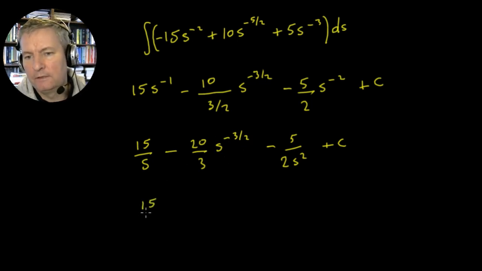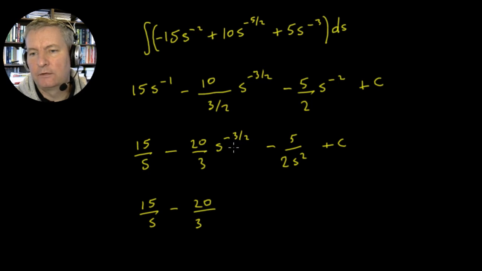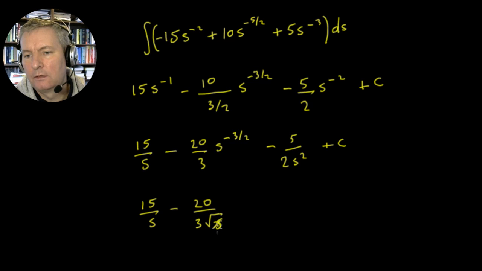So it's going to be 15 upon s minus 20 upon 3. Now that's the same as s to the power of 3 upon 2 on the bottom line. So that's going to be the square root of s cubed, which is s to the power of